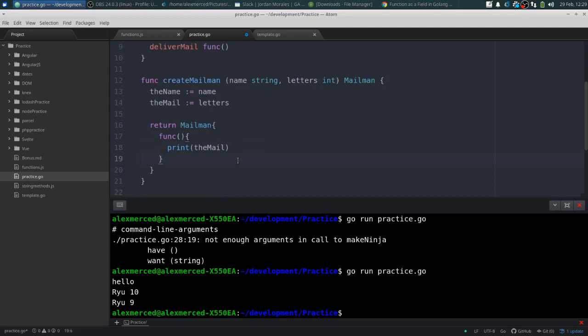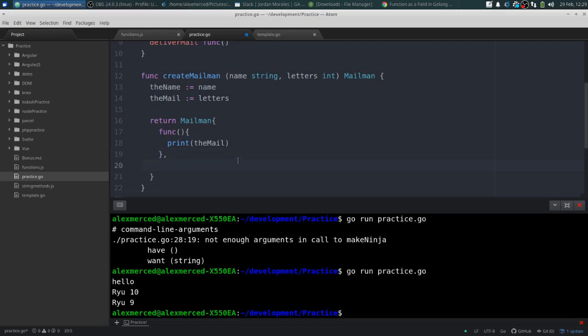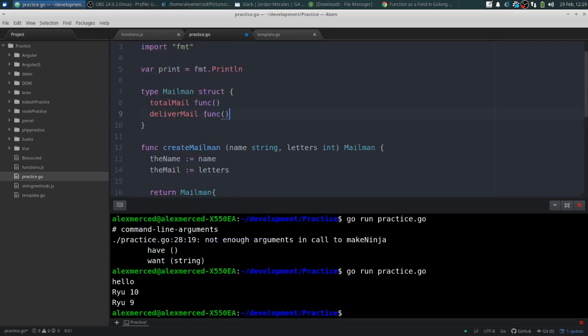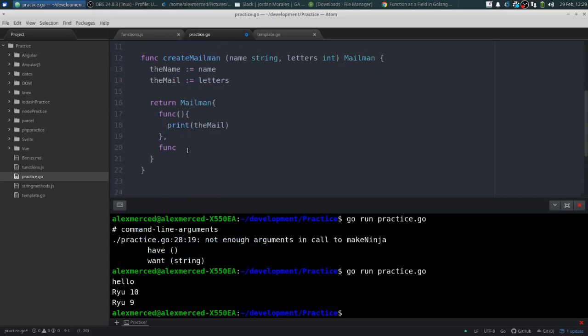Okay, then that ends that function. So that's the first property. The second property is another function, which is the deliver mail property. So func, and what that's going to do is decrement the mail. So we'll say the mail